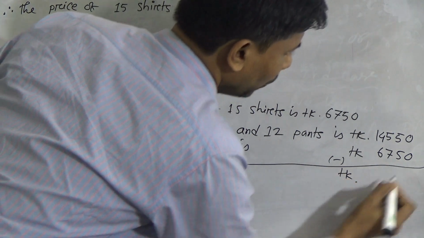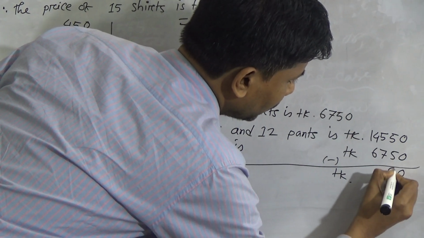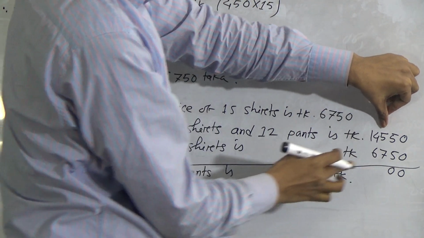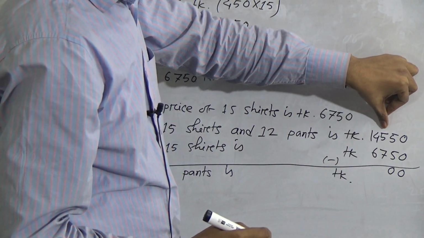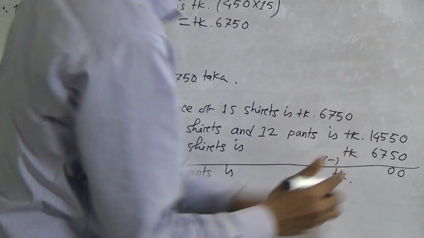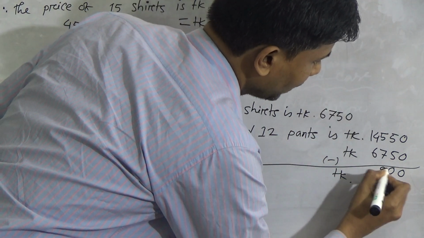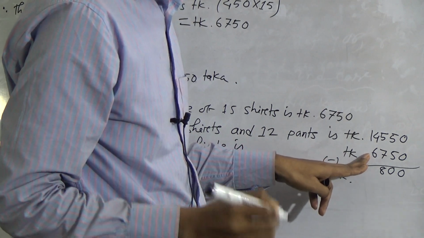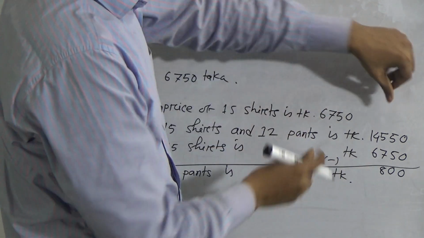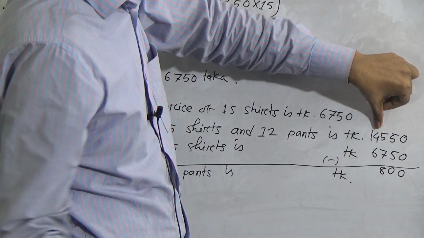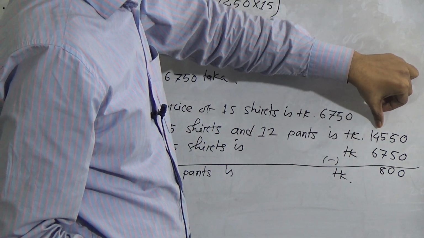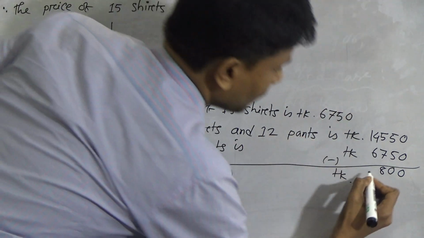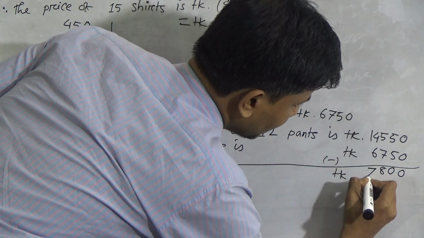is taka. Subtract now 0, 0. Look, 5 minus 7. We cannot subtract 7 from 5. So you have to consider 5 as 15. 15 minus 7 equal to what? 8. And you have 1 in your hand. 1 plus 6, that means 7. Now we have to subtract 7 from 4, but we cannot subtract. So you have to consider 4 as what? 14. 14 minus 7 equal to 7.